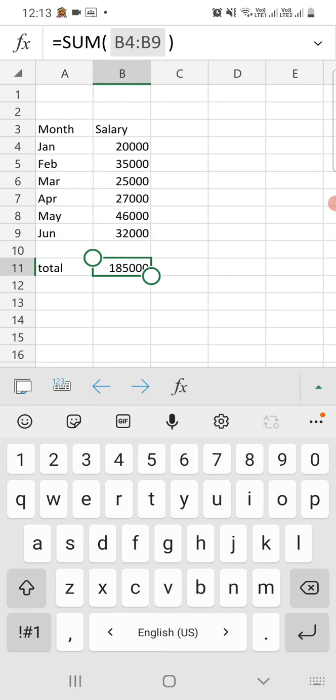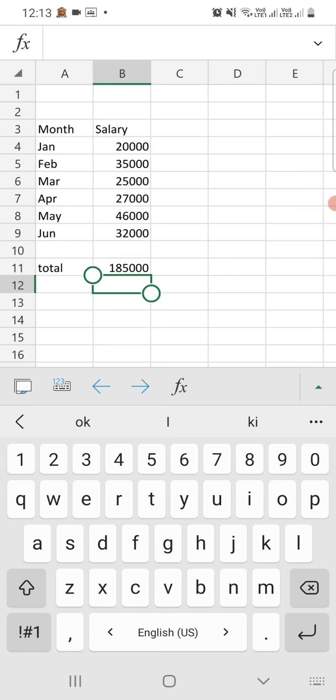Next, how can we do it another way? Using sheet reference, we can also do that. That means it uses the sheet number, exclamation mark and cell address. For example, Sheet1 exclamation D4. Let's try to use the sheet reference. That means click on the cell C4 of sheet 2. Okay. Now click on that cell C4.